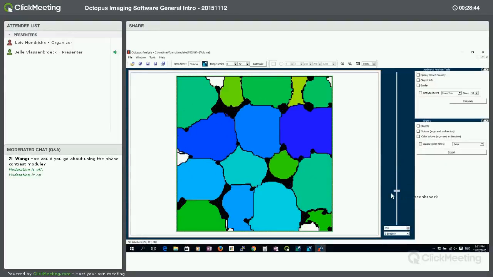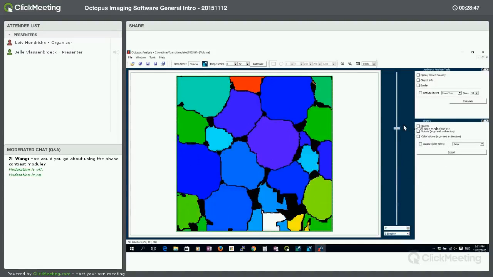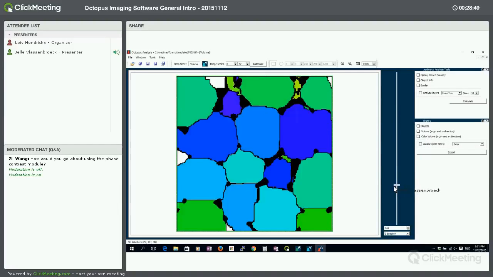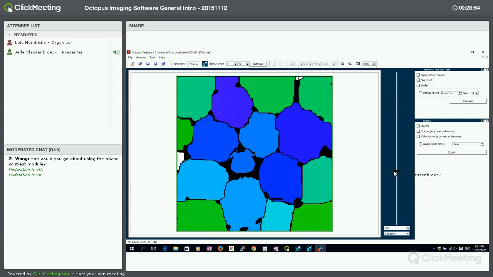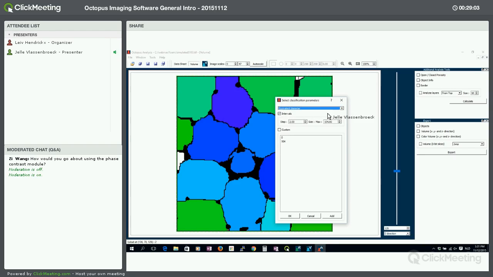So if I scroll through the complete data set, you will see now that all pores are separated and they are all labeled as an individual object. So now they have random colors, but in the next step, the classification step, we can select a couple of parameters. And the first one is the equivalent diameter. It's the diameter of a sphere that is composed out of the same amount of voxels as the pore structure itself. So if I select this and I press OK,